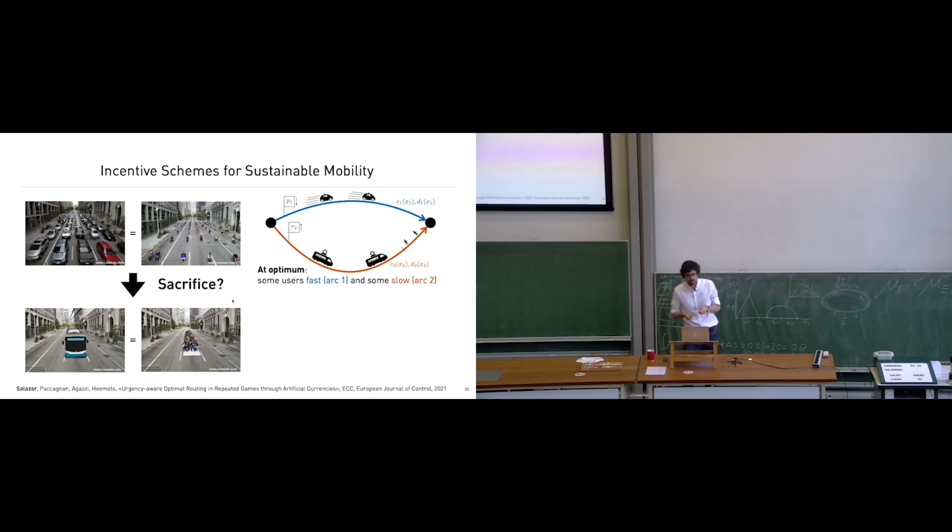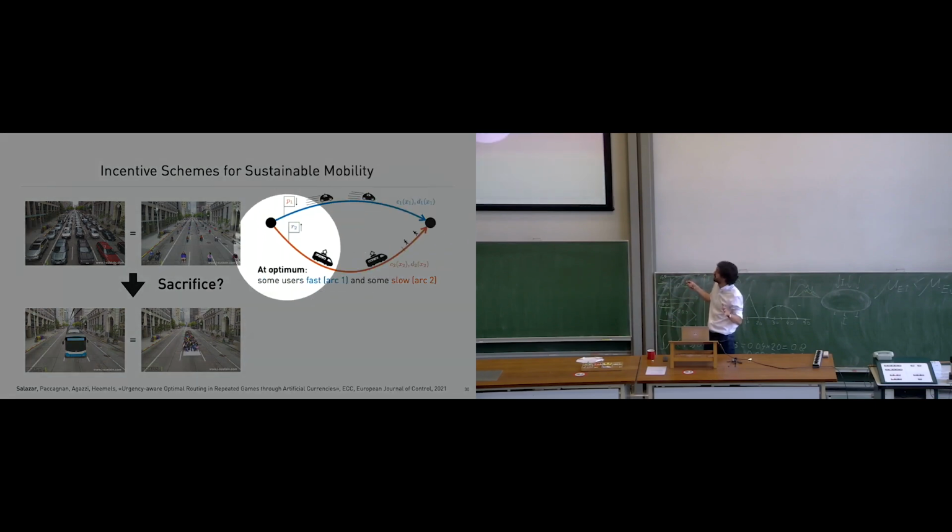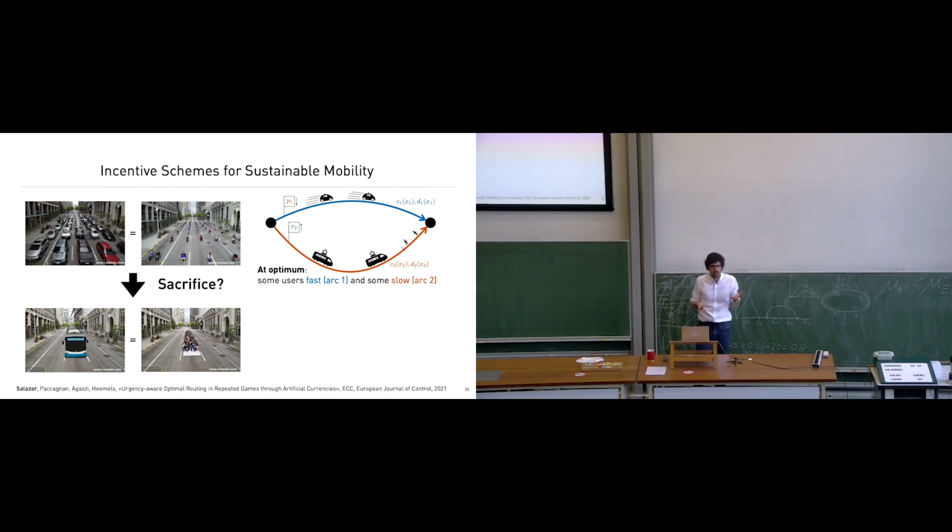Another example. How do we make sure that mobility systems are used in an optimal way? Consider this case, and I'm keeping it super simple. The problem is we have a mobility system where we have cars and you have public transit. Usually cars are faster. If you don't do anything, more and more people start using cars. But then roads get congested and you have the same travel time. And this is an equilibrium. If you change your choice, it will not improve. That's the definition of equilibrium. But it would be better if fewer people would use the car, so that when you need to go by car, you can go faster. How do we do it?